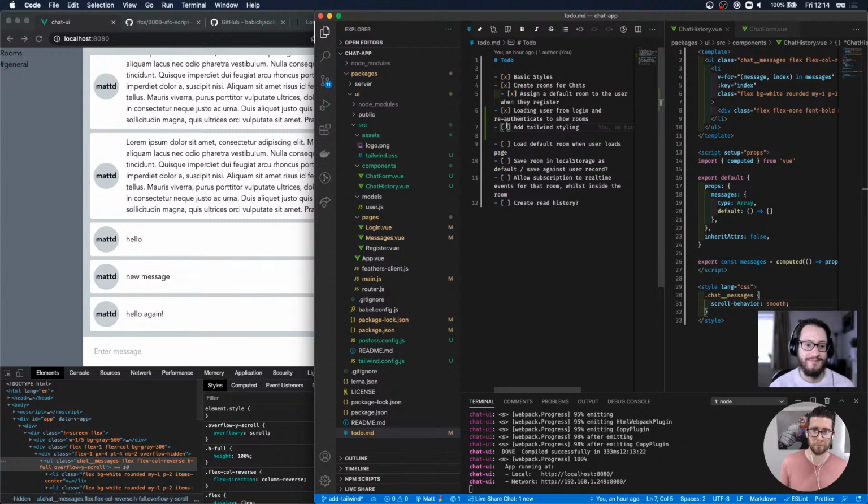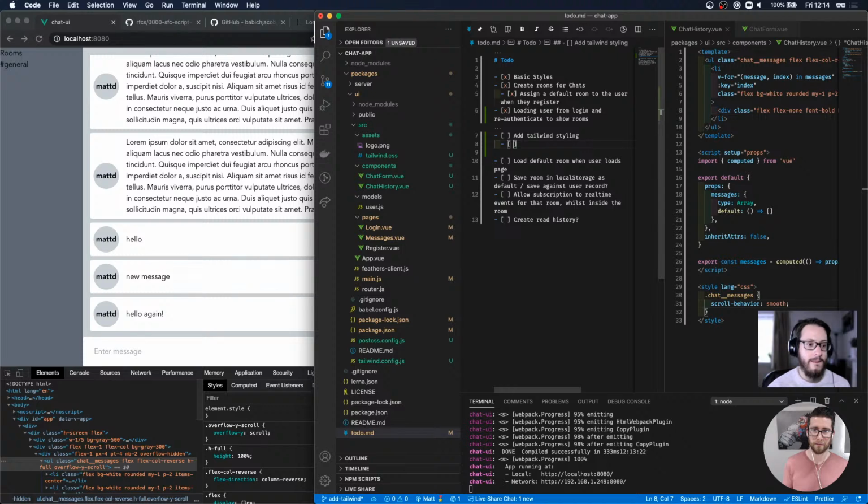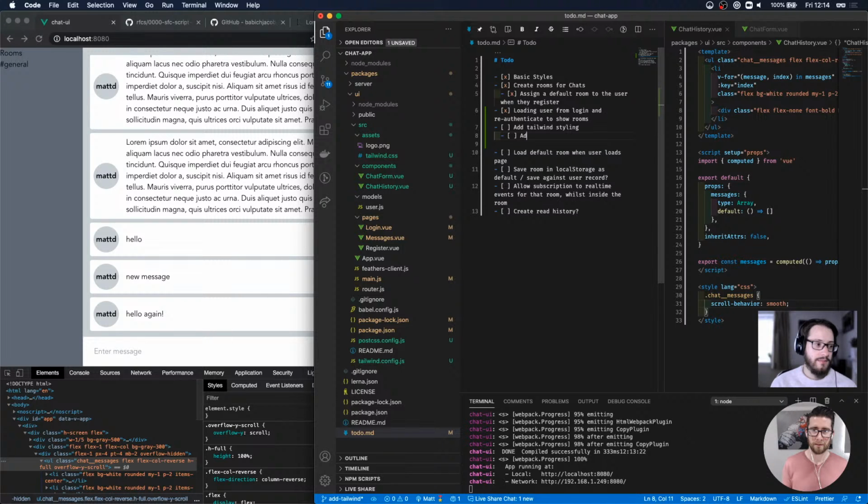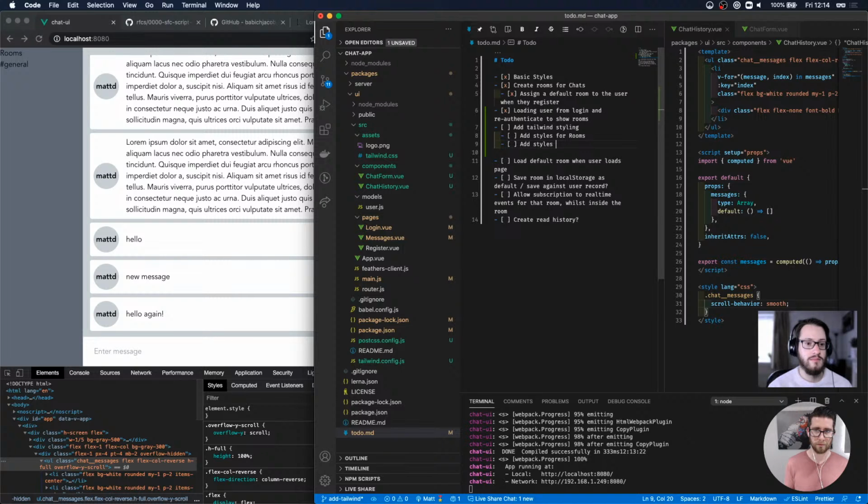I guess I won't mark this as done, because we'll need to add styles for rooms and add styles for the register page, and then we're going to want to